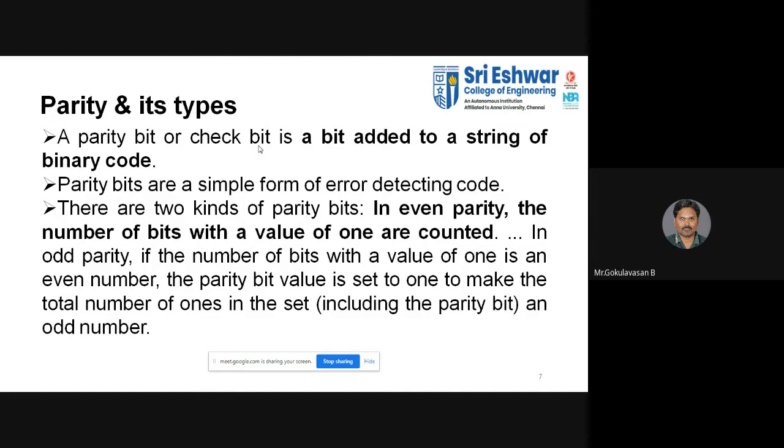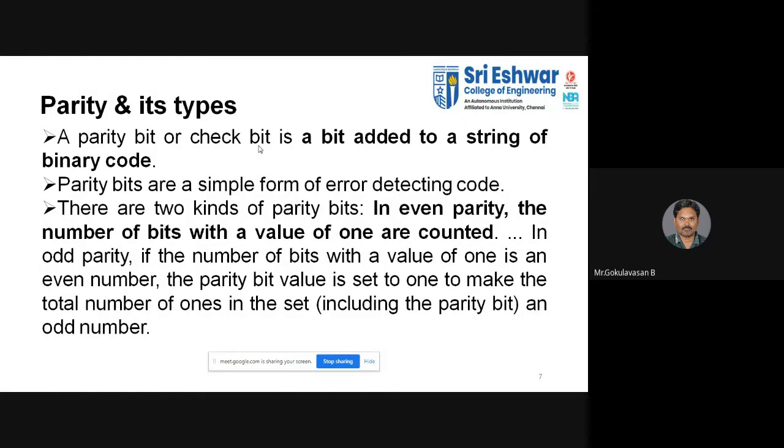There are two variants or two kinds of parity bits. One we call even parity, another we call odd parity. To learn this, just understand the third point. In even parity, the number of bits with a value of 1 are counted. In odd parity, if the number of bits with a value of 1 is an even number, the parity bit value is set to 1 to make the total number of ones in the set, including the parity bit, an